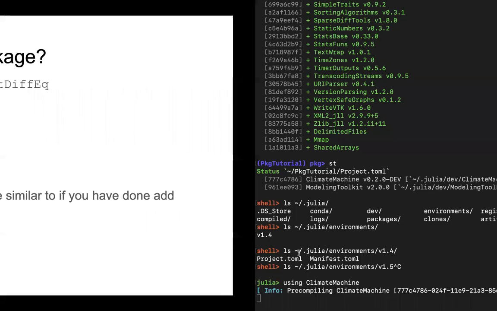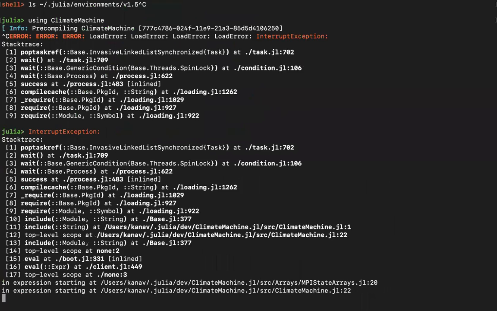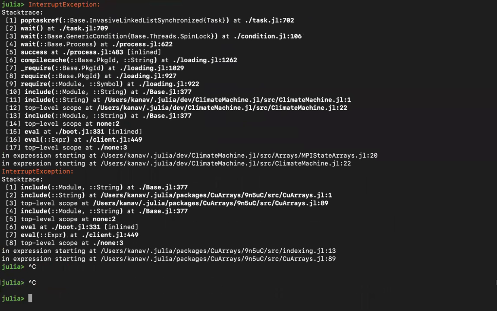Okay, now I'll quit this. So now I am done developing a particular package in this environment, and I don't want it to be fixed on a particular version. When you do dev, there are no updates. If you normally add a project, your package dependencies will get updated from time to time whenever you do something that changes the environment.